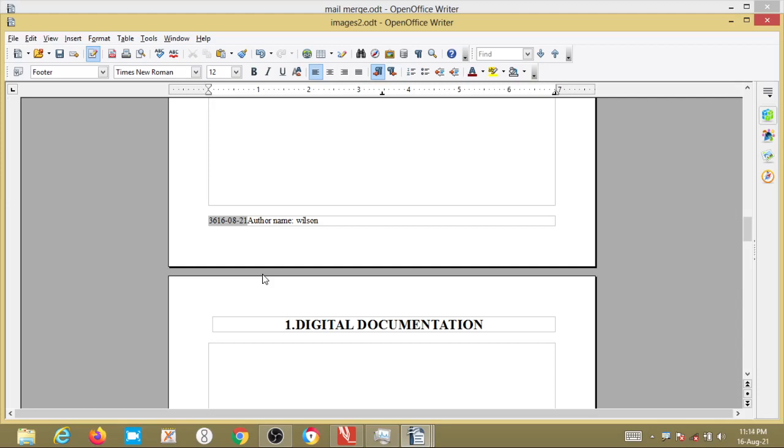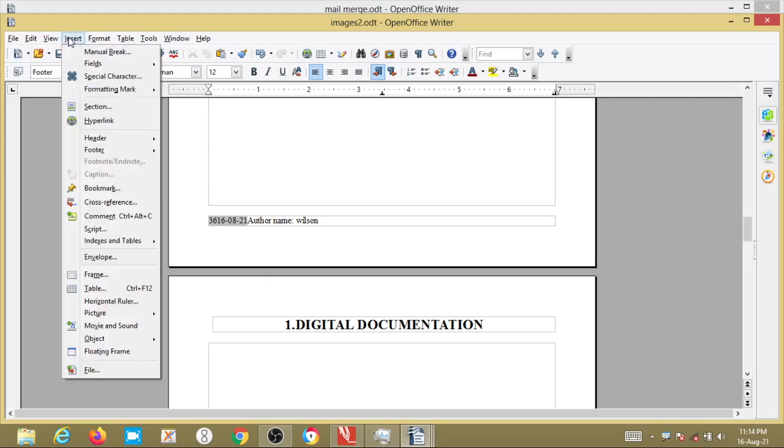Now if you want to insert something in a footer, there is one more way to insert. How can we insert? Here in the Insert menu there is header, footer and fields. Through fields we have inserted certain predefined things.